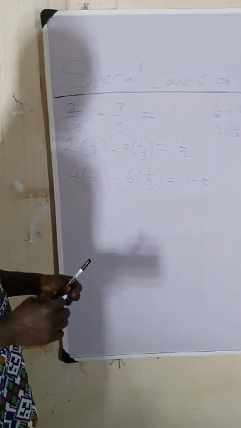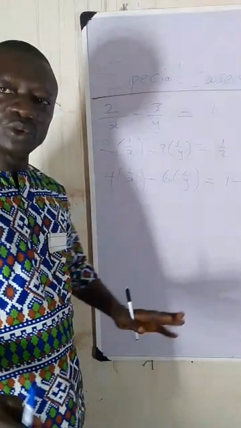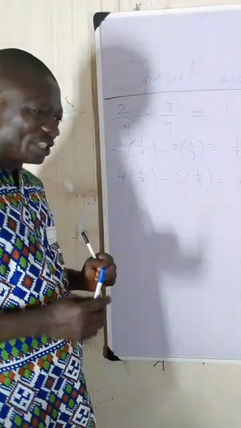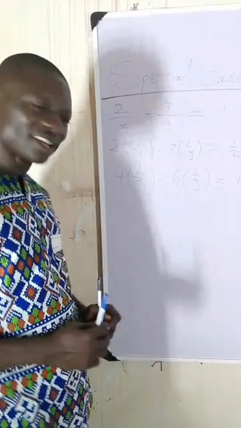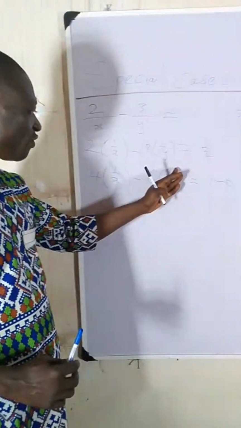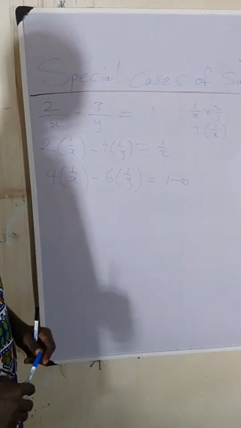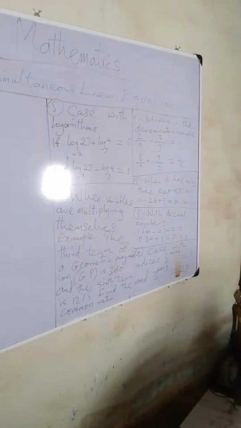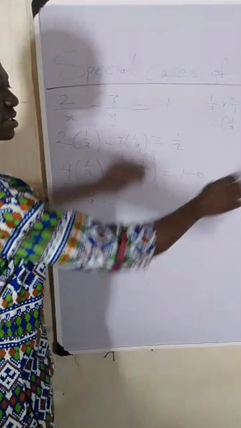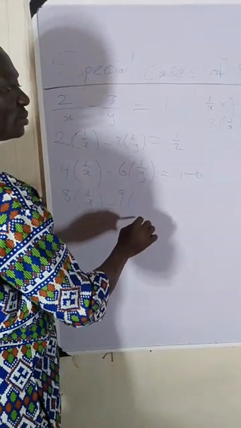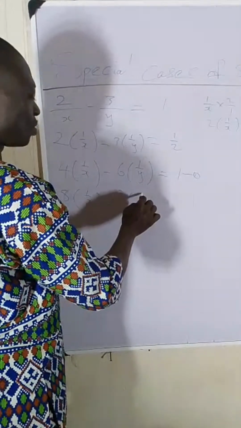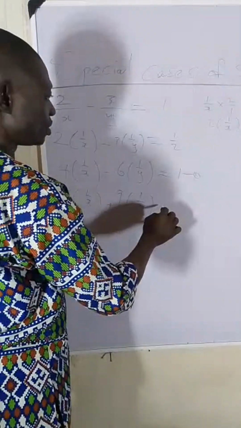Remember, we're calling it equation 1 because we have formulated it in the way we knew our simultaneous equations before. We have x now, which is staying in the nature of 1 over x, y here, which is staying in the nature of 1 over y, and is giving us 1. All right, then the second equation is going to be 8 into 1 over x, bracket, plus 9 into 1 over y, is now going to be equal to,